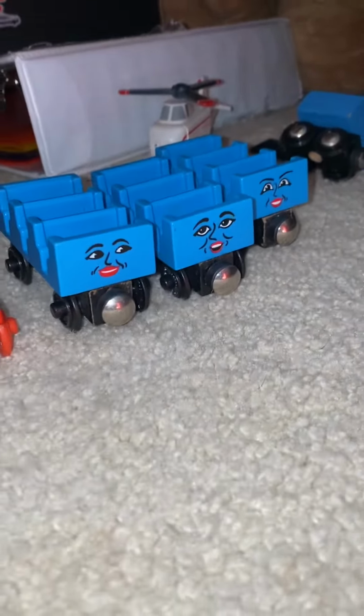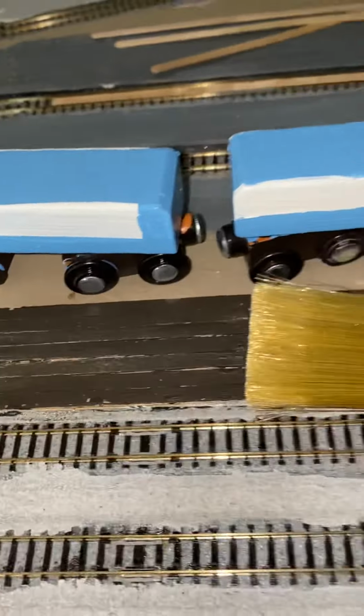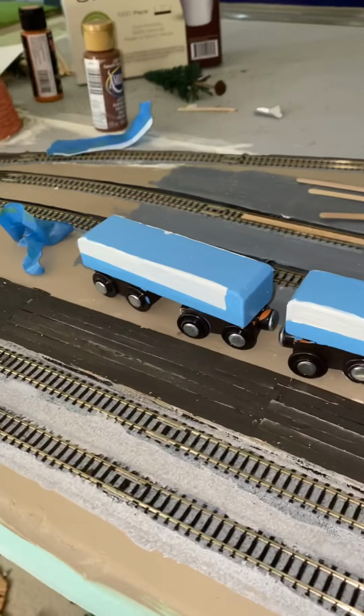So, as you can see, we've got the 2 of them, and all they really need right now is a new coat of paint. Also, if we come over here, you might get another little sneak peek at a video coming soon. But anyway,